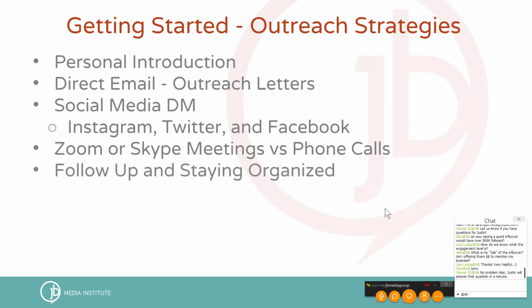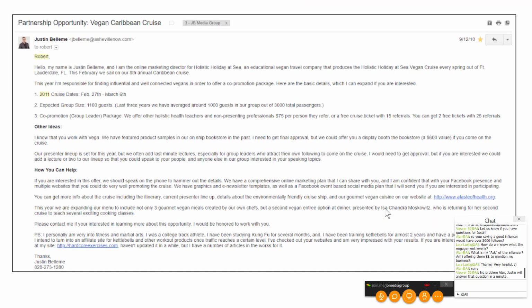And then you have to follow up and stay organized. Even if you're not doing anything with them yet, just stay in touch, talk to them about what you're working on, check in with them quarterly. If you're doing something active with them, then check in as often as you need to. And you need to come up with a personal project management system that allows you to not forget to follow up. So, for example, when I started working with Robert Cheek from the vegan bodybuilding brand,